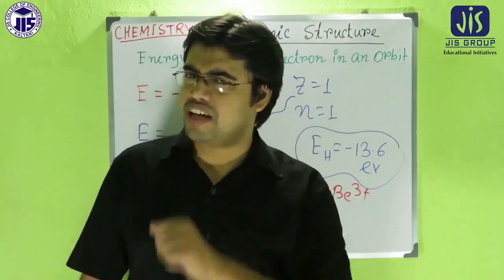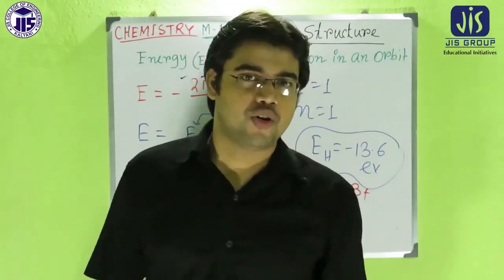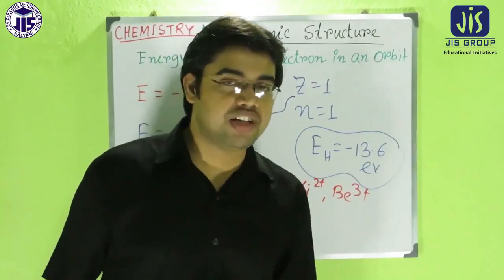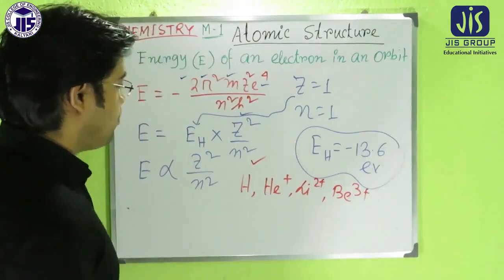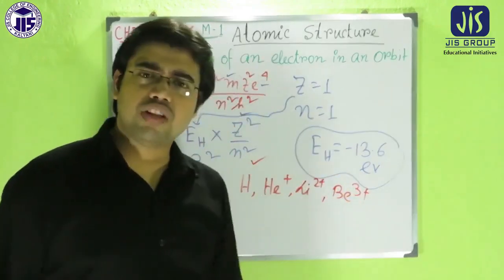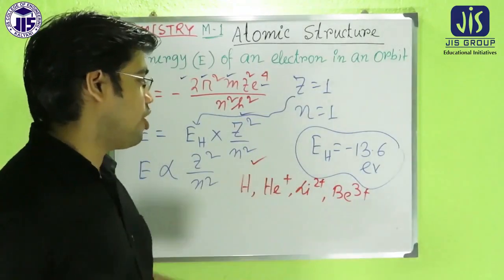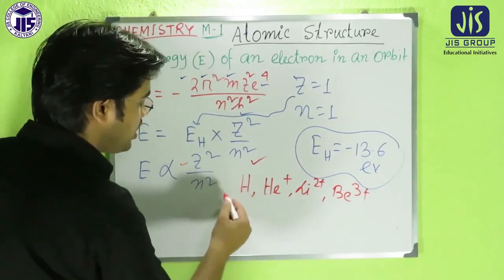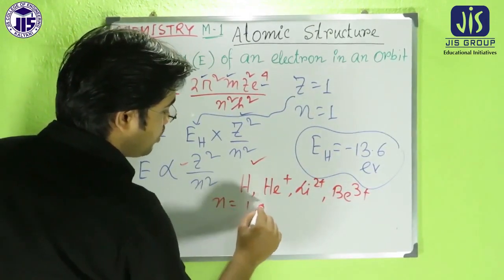Okay, so I think all of you have solved the problem. Check whether it is right or wrong. I am discussing the solution of that problem. I told you that you have to compare the energy order of the first Bohr orbit. So according to that equation, if we consider the first Bohr orbit of each and every case, here n equals 1.